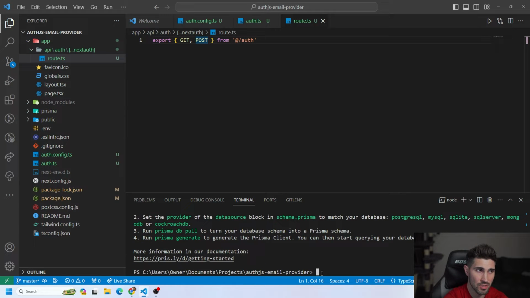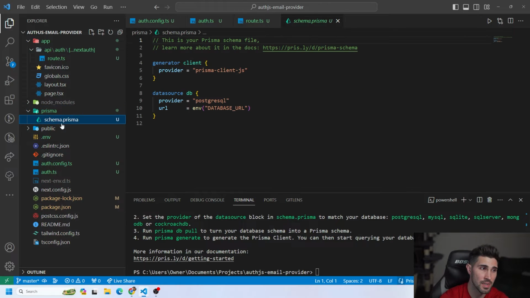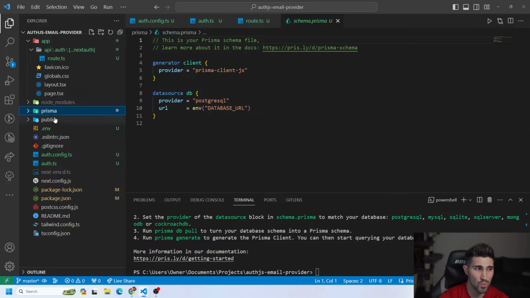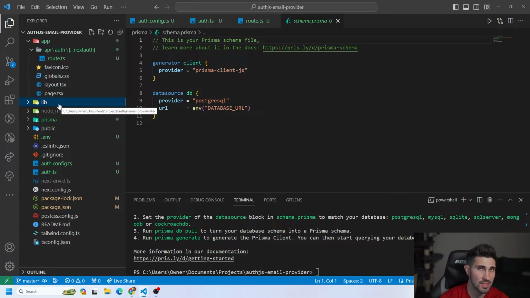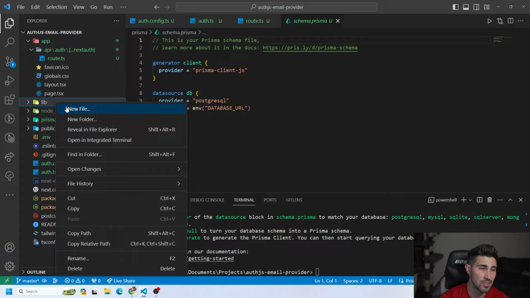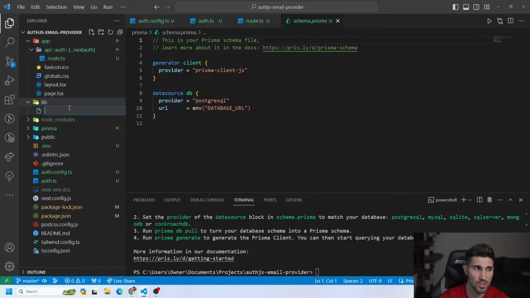And what this is going to do is two things. It's going to create a prisma folder, and it's also going to create a .env file on the root of your project. So you can see the .env here, and the prisma folder with the schema.prisma inside of it. After we do this, I want to create a folder on the root layer, and this is going to be a lib folder. Inside of this is where we're going to do the connection to our database with Prisma, because you only want to do the database connection once when you're in the development server. You don't want to keep making requests to the database every time you have to do a method to a specific user. So we're going to call this file